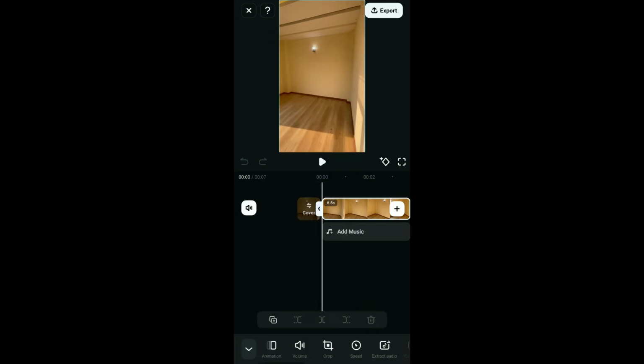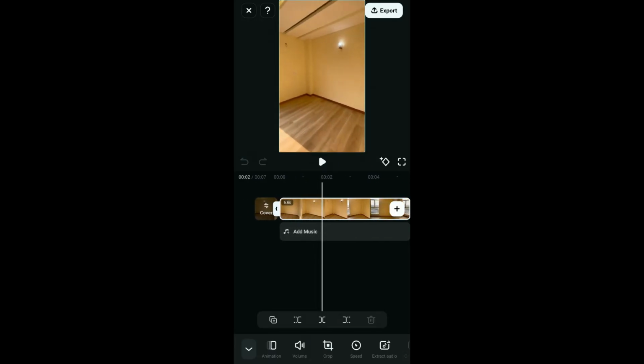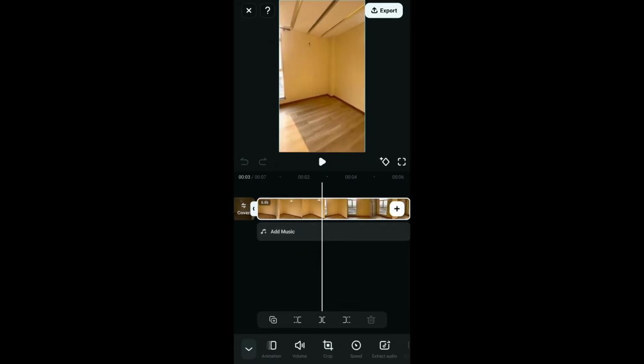Once you import the video clip, go ahead and familiarize yourself with the interface. At the bottom of the screen, you will see several tools. The scissors icon where it says Trim can be used to cut and split clips. Click on the Trim button and then to trim a clip, go ahead and select your desired area where you